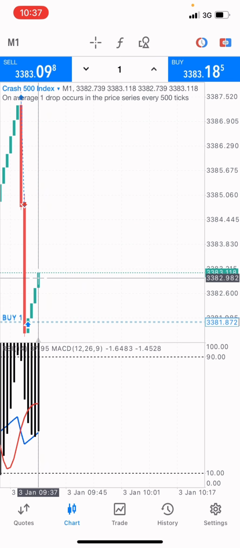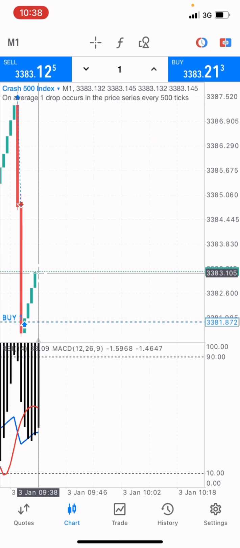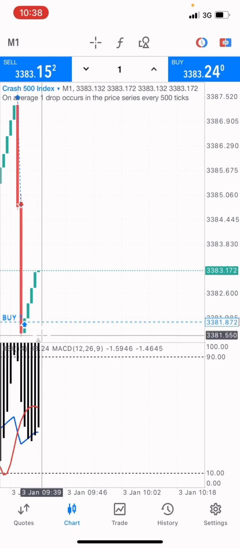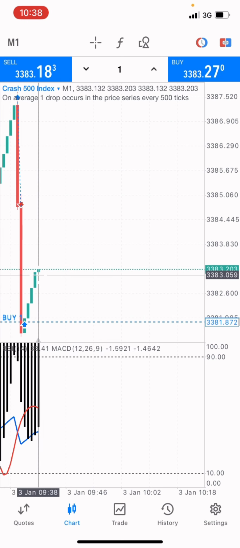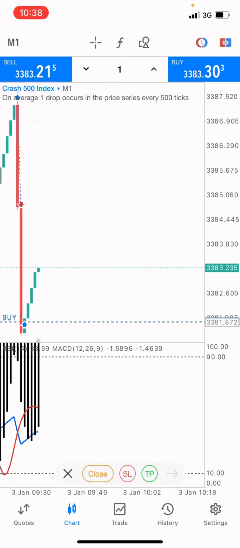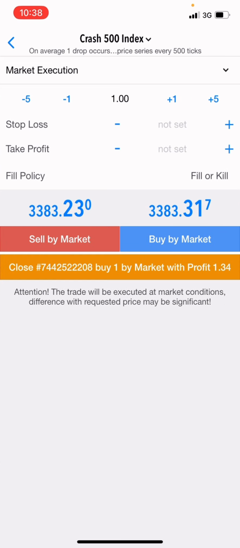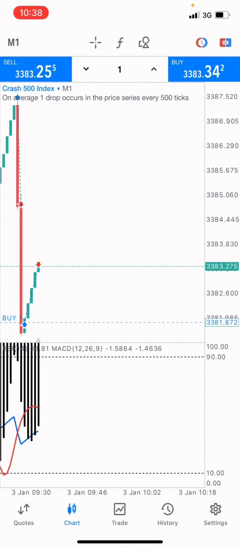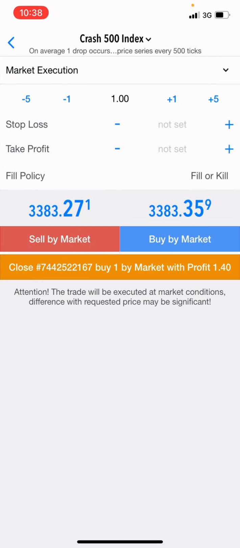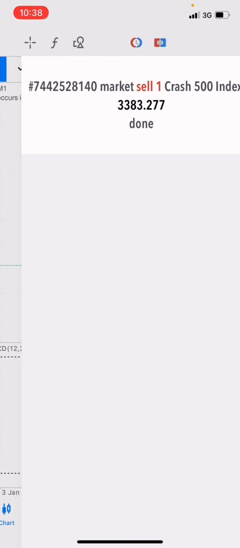So you can see at this point I've got 3 candlesticks from this market, so I'm going to close this market right now, okay, to avoid another spike, because on the downtrend of the MACD there's a lot of spike, right? So what I'm going to do right now is to close the market. Now we're closing the market at a profit. The first entry is 1.35, so I'm going to close this one, go back to this trade, and close the other one at 1.40, which has made it about